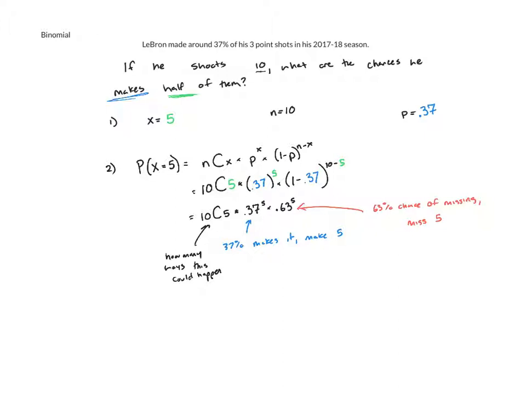When we go to plug this in, we can use the combination button on our calculator, or we can actually write it out. Our formula for a combination is n factorial over n minus x factorial times x factorial. So this is yet another way we can write it out. So plugging this in, and keeping 4 decimal places because it's a probability, I get 0.1734. Which tells me there's a 17.34% chance, it looks like, that if he shoots 10 three-pointers, he actually makes half